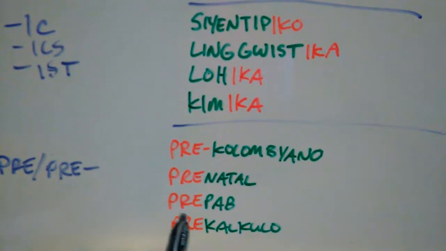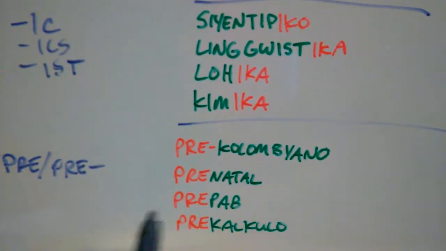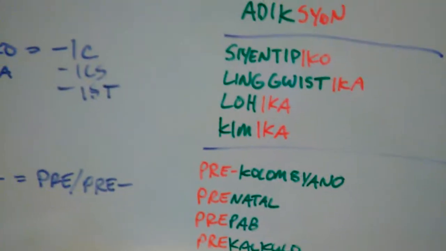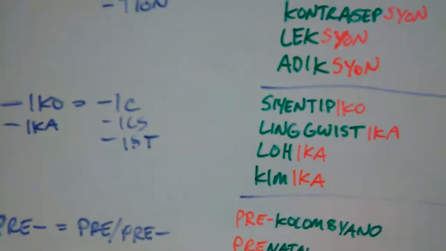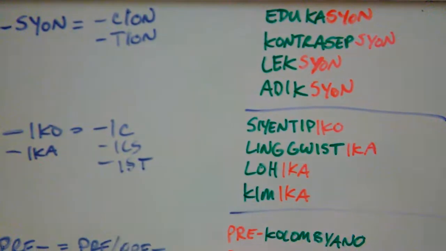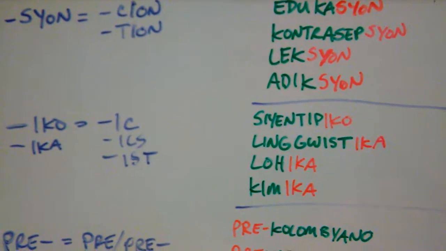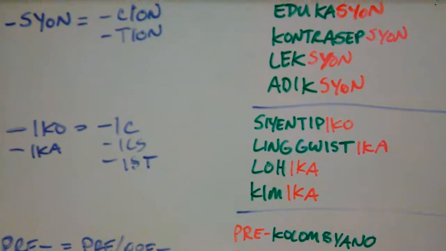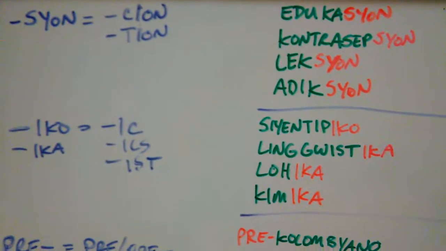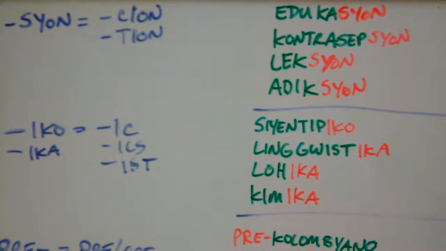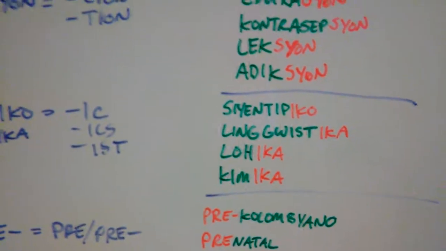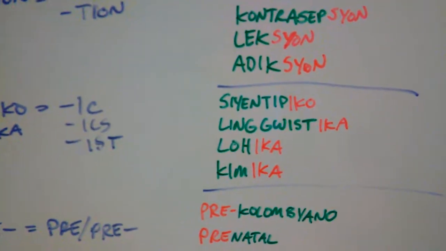Prenatal, prenatal. Prefab is like prefabricated. Precálculo, precalculus. Okay, so just keep those in mind with the pronunciation, because a big mistake a lot of Cebuano speakers make is pronouncing this -sion as a "shon", and they're not aware that the sh sound doesn't exist in Cebuano. It's a "sion". The sh sound exists in English, but not in Cebuano. So just keep those pronunciation guidelines in mind.